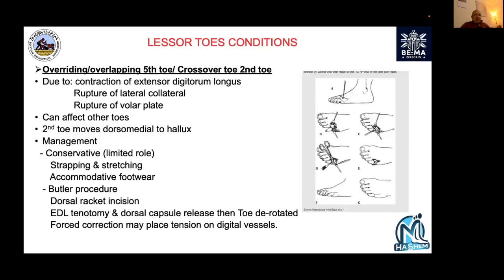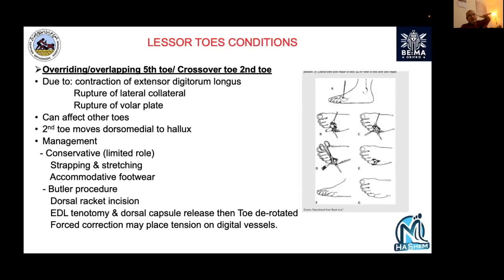The other cause, if the extensor digitorum is not contracted, is to lose the plantar structure, like rupture of the volar plate or rupture of the lateral collateral ligaments. If there is rupture of the volar plate or lateral collateral ligaments, there is no strain here. You have to understand that